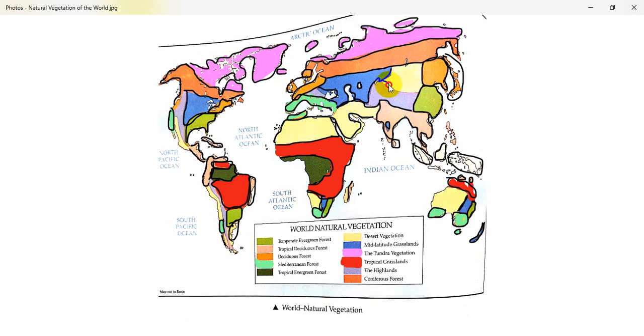Then we are moving to China. This is considered as the Gobi Desert of China. Then we are moving to Australia, which is the Great Australian Desert. Then the Kalahari Desert of Africa, then the Atacama Desert of South America.